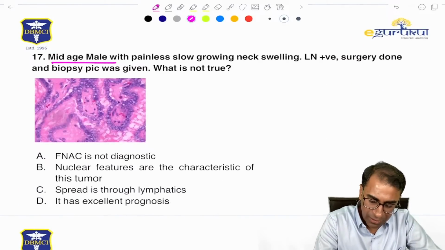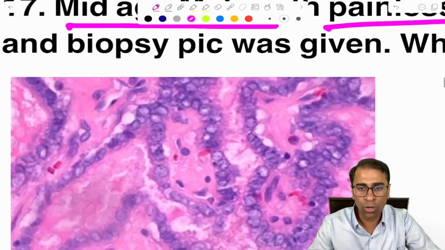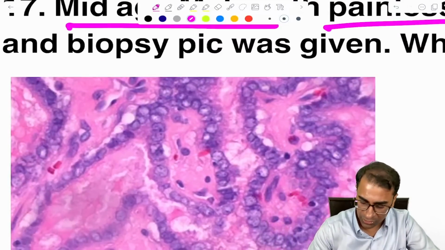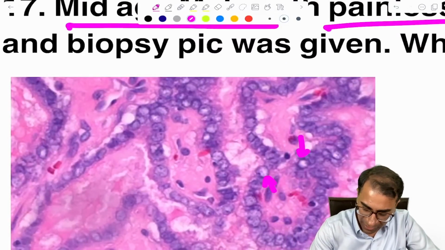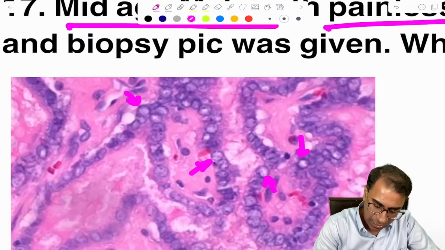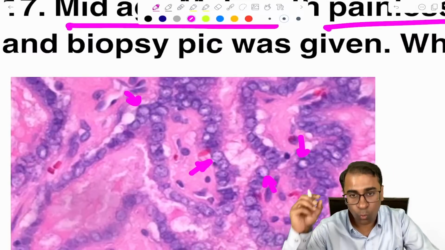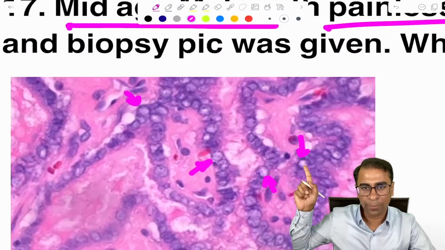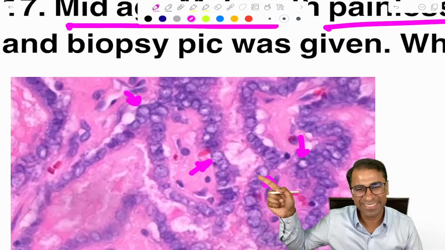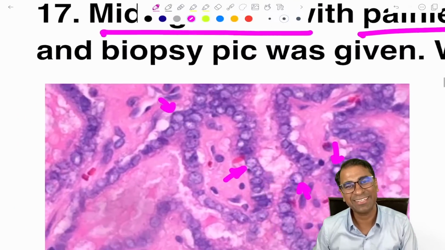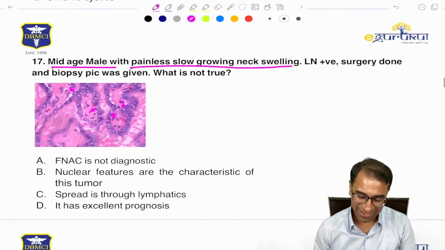A middle-aged male with a painless, slow-growing swelling in the neck. What to see here is that these are all Orphan Annie nuclei. Look at the white color areas. It's a papillary type of follicles, and what to see are the white color area cells. Can you all see this white area? It's all white color areas, and these white areas are the Orphan Annie nuclei, and hence it is a case